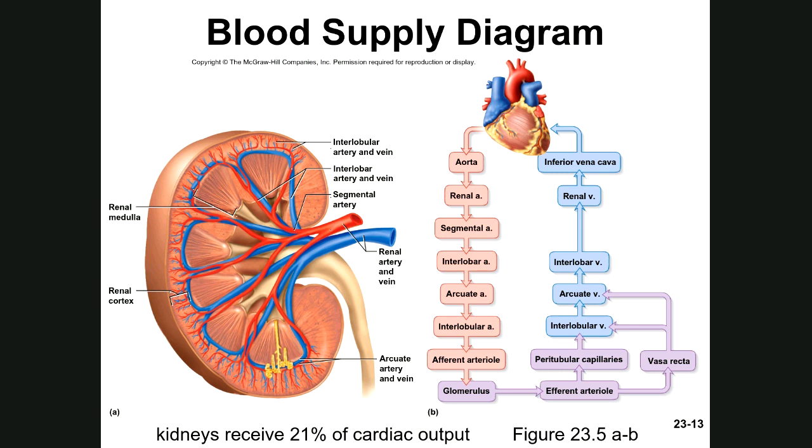This is the blood supply diagram of the kidney. It's interesting to notice that particular info that you see over here. The kidney receives 21% of the cardiac output. This is a huge amount of blood. This is the reason why the heart and the kidney have that beautiful intimate relationship in the way they